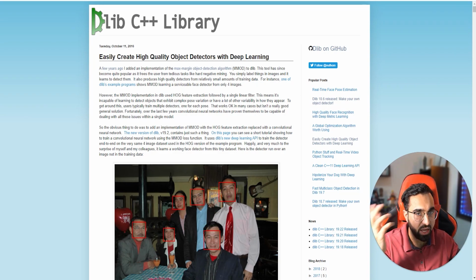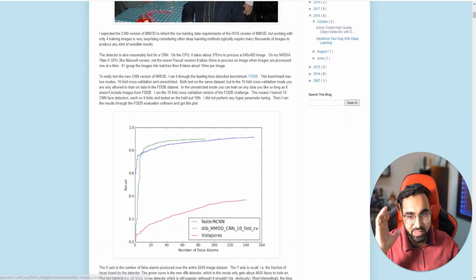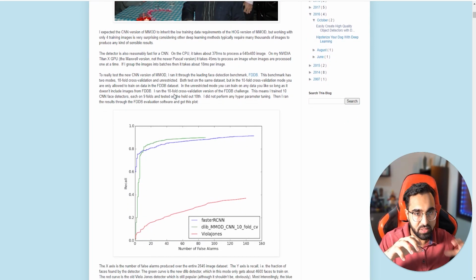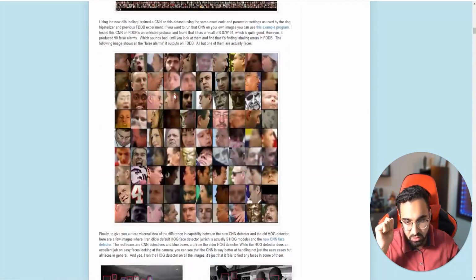Now, HOG based features are really accurate, but when the rise of deep learning came, we got more robust feature extractors, specifically CNNs, convolutional neural networks. These deep learning based CNNs were much more powerful than the HOG based feature extractors. That is why this combination of CNN feature extractors plus the maximum margin object detection scheme is a lot more accurate than the HOG based SVM scheme. And I think there is a comparison between both of